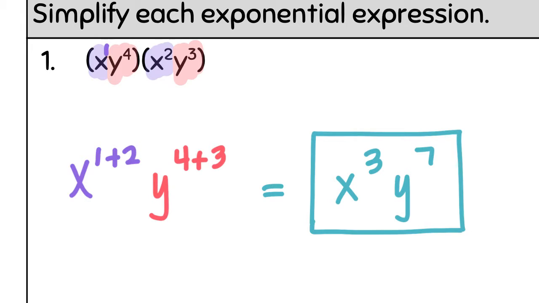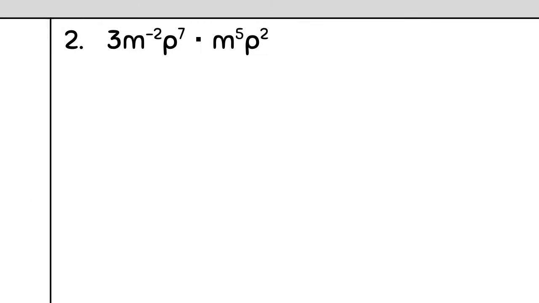Okay, let's look at our next problem. Okay, so now I have 3m to the negative 2 power p to the seventh power times m to the fifth power p to the second power. So with those variables, we're going to combine it with the variable that's the same in the other expression, only this time we do have a coefficient. So starting with that coefficient,